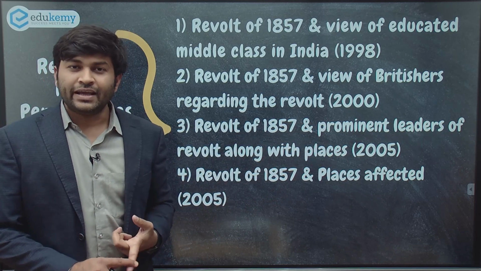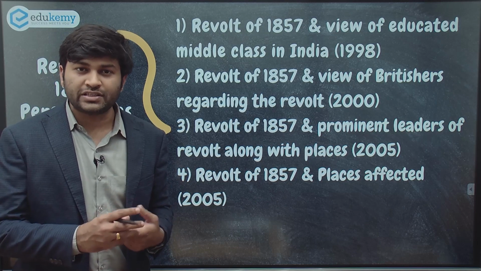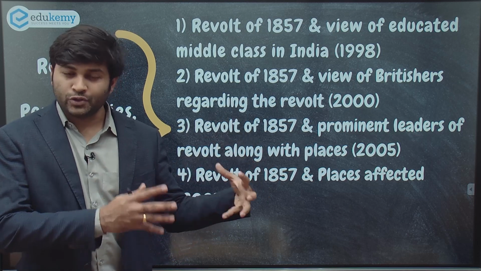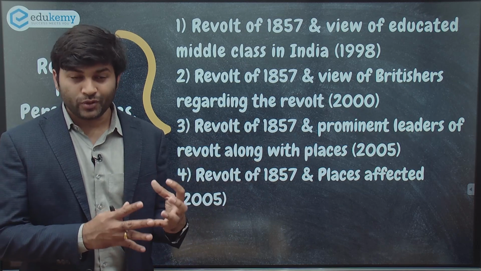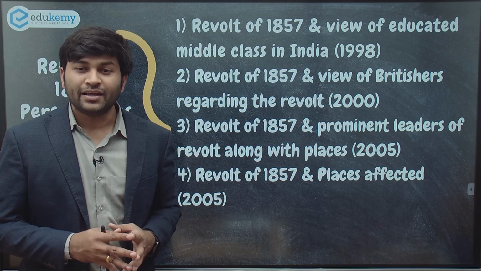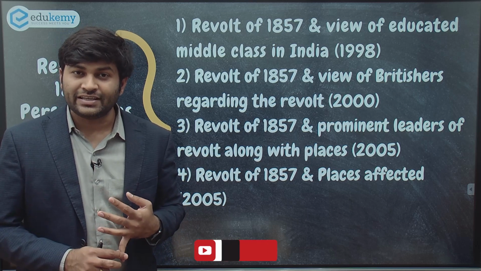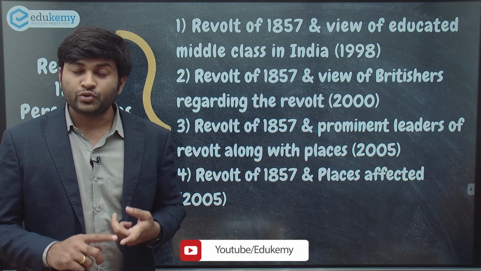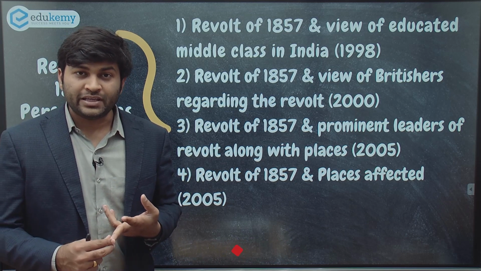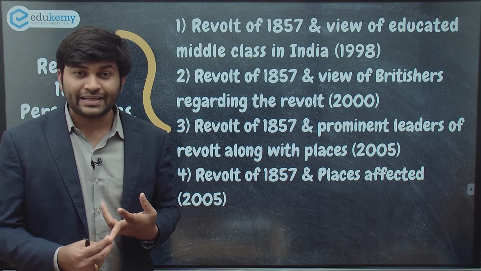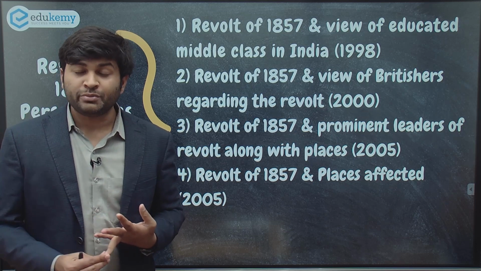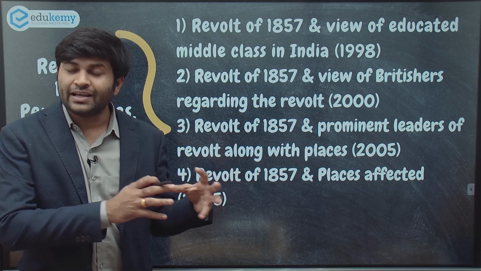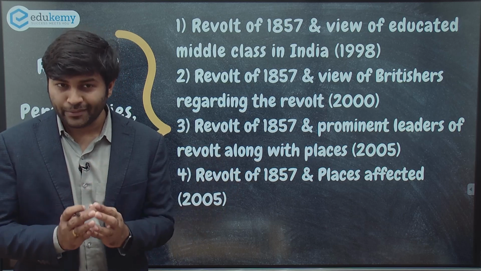So we see in Meerut, after this revolt started, the sepoys went to Delhi. So who was the leader? So Bahadur Shah, the Mughal emperor, was proclaimed as the leader. But at many places, in Jhansi, in Bihar, you see different kinds of leadership coming up. You see Bakht Khan, the zamindars at place, the leader. Rani Lakshmi Bai is one of the leaders. Tatya Tope takes the leadership. So these personalities along with the leaders are very important.